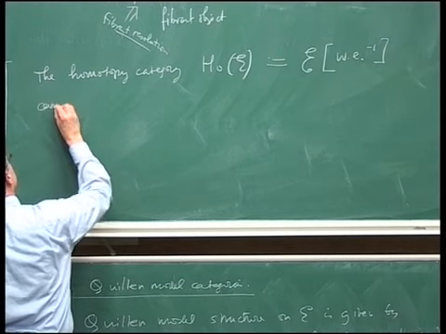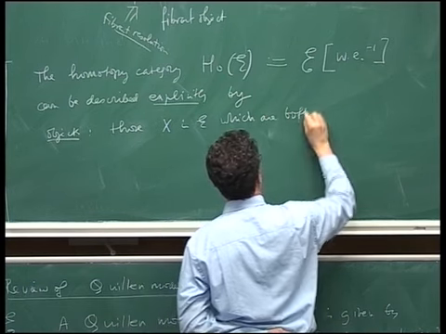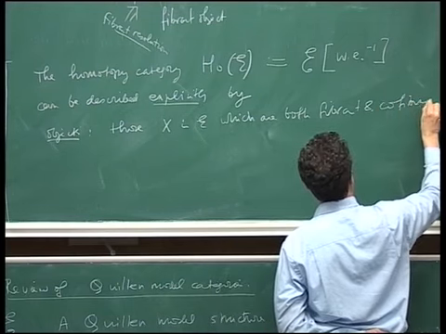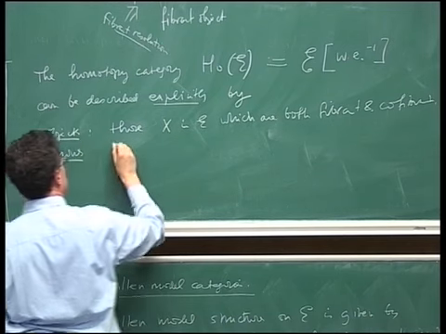It can be described explicitly by objects, those X in E which are both fibrant and cofibrant, and arrows from X to Y